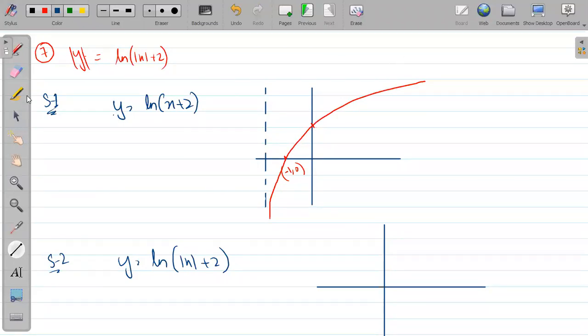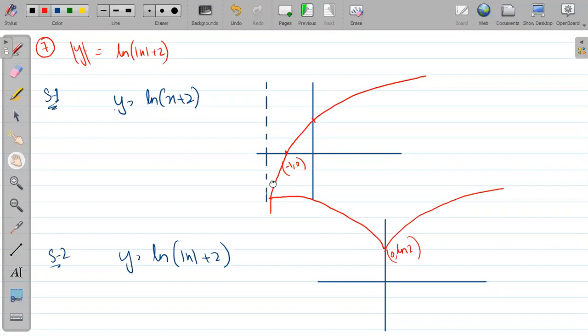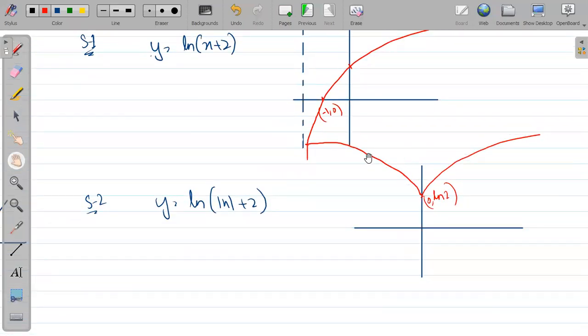I am talking from here. So what you will get, see, this part will be erased. Let me draw the part then. Only this part will be taken image. Correct or not? Then this point will be what? 0, ln 2. Is it understood or not? Yes, sir, I understood very much. It will be image, okay, symmetrical only.